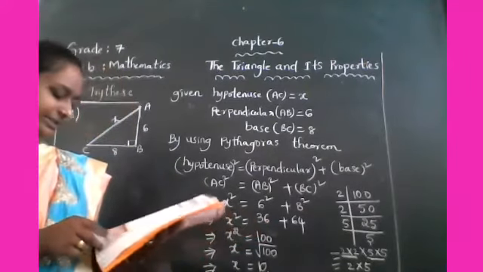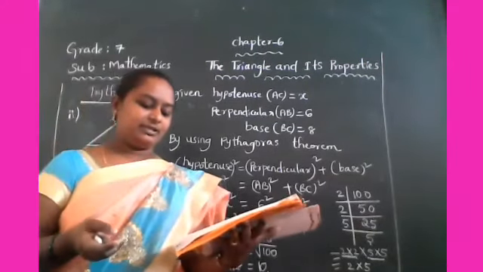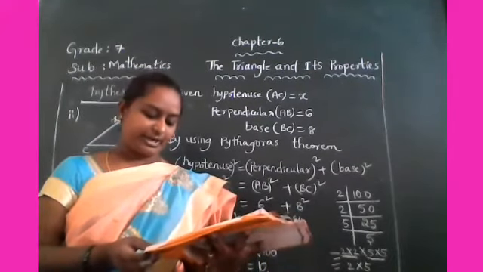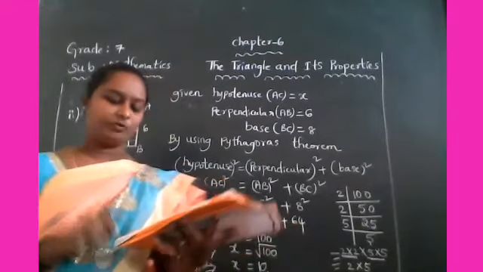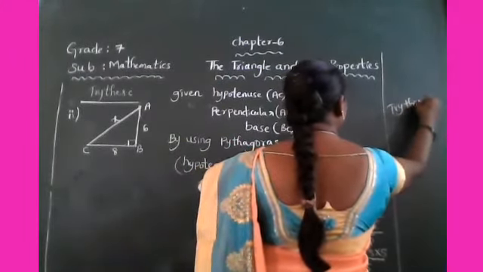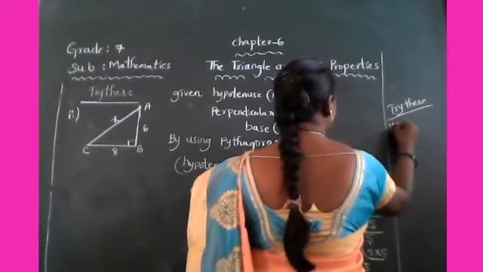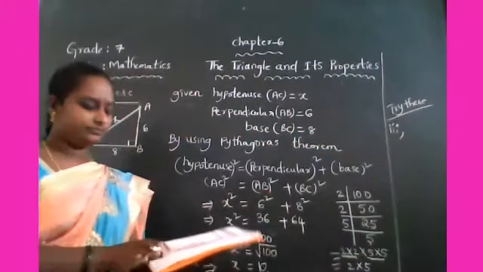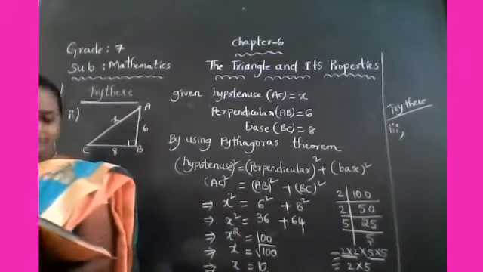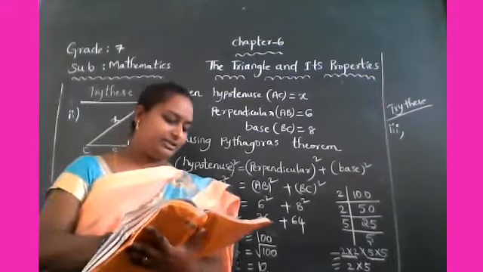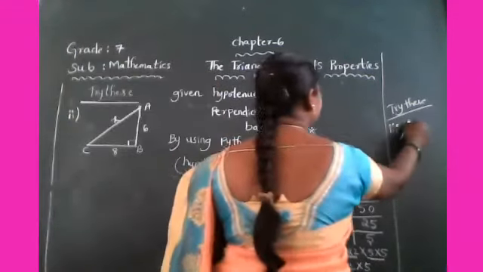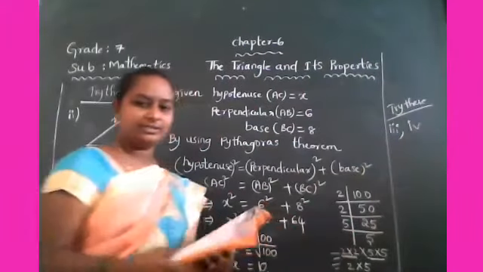Next, the third one, see, it is also very easy. Here also you have to find the third side. So that's why I am giving you this one as homework. In the try this problem, the third one you have to do. Third one homework. And turn your page. So here observe the fourth one. Yes, the fourth one is also the same. So do this one as homework. Fourth one, do homework. Right.